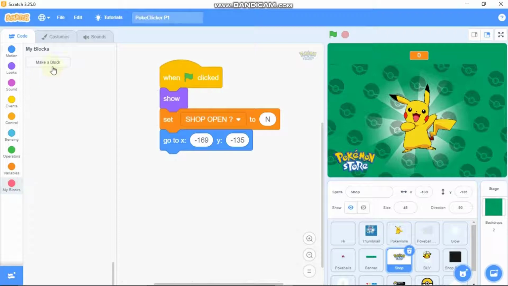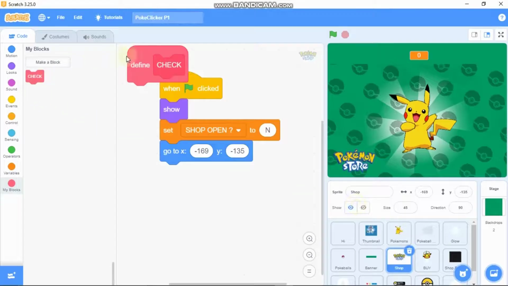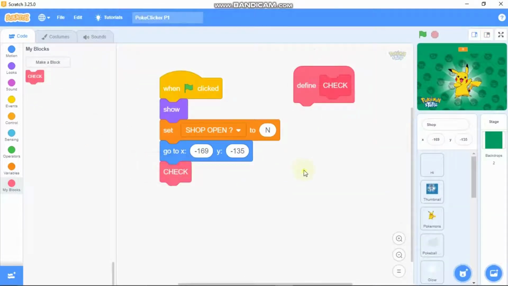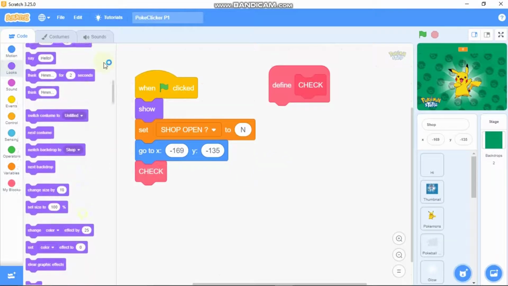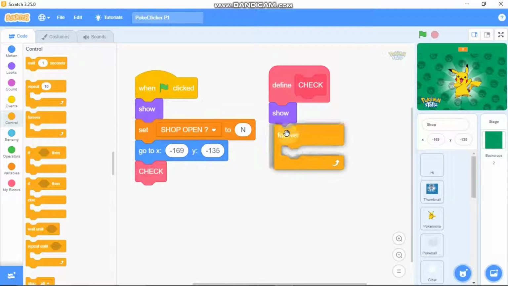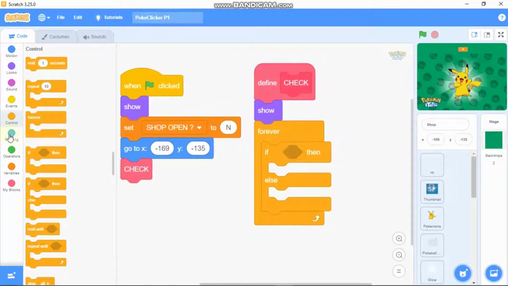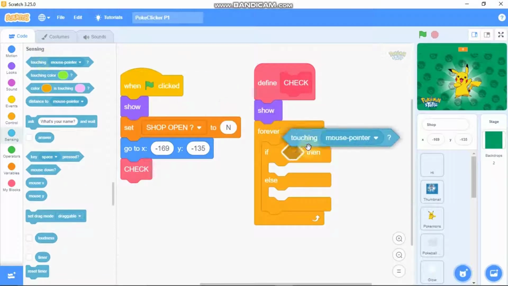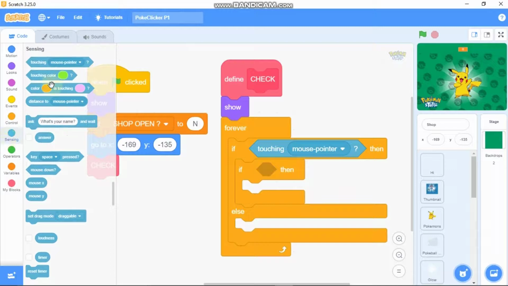Now click on My Blocks and make a block called check. Then click OK and place it here. Now let's define this block. We need to show, grab a forever loop and grab an if else statement. So if touching mouse pointer, and now grab an if statement. So if mouse down,